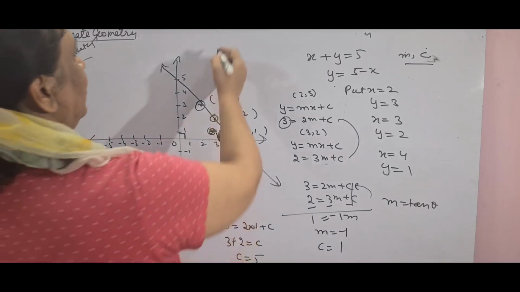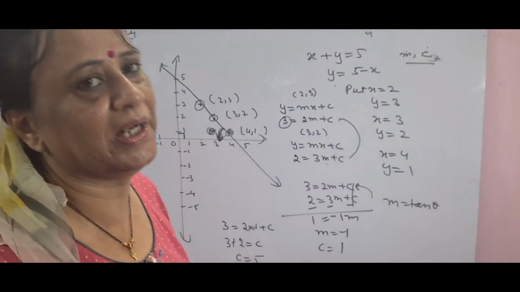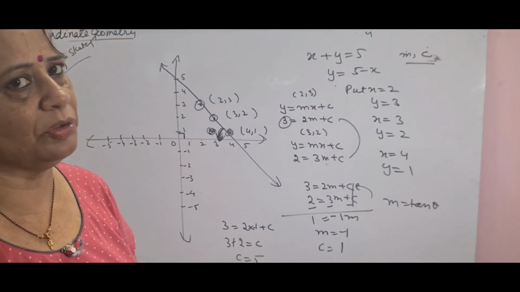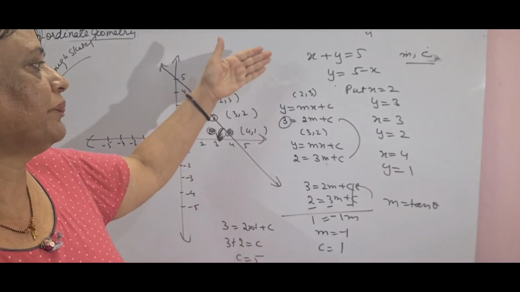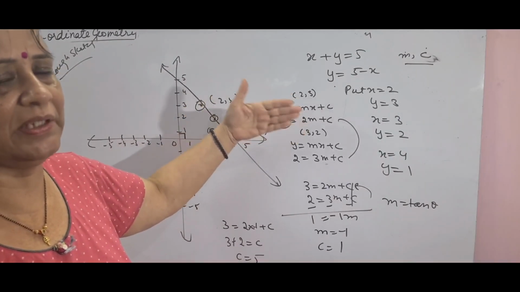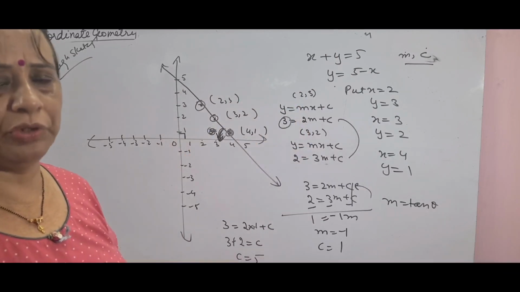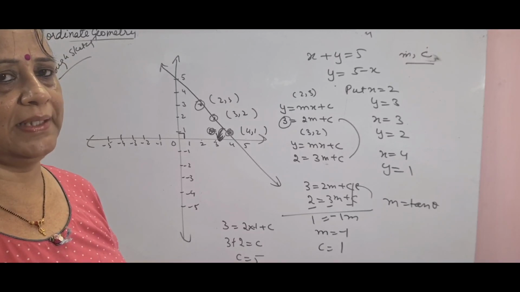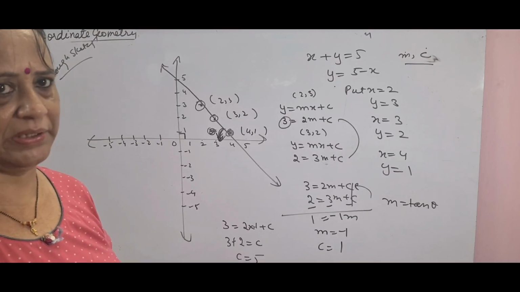So I have made you understand what y is equal to mx plus c is. This is the slope intercept form, and this will only be used to find the slopes, that is denoted by the letter m, and the y-intercepts, that is denoted by the letter c. So children, 26 and 27, I have compared both the exercises and made you understand the language. Then you know what to do.